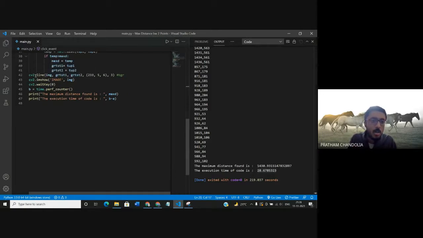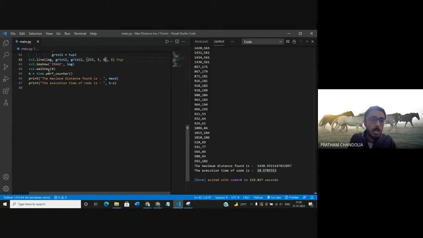Now I've used cv2.line to show that blue line here. Here again I have written the RGB code for the blue line, but it is not in RGB format, it is in BGR format. So I have made a line on this image starting from this point to this point with this color of line.